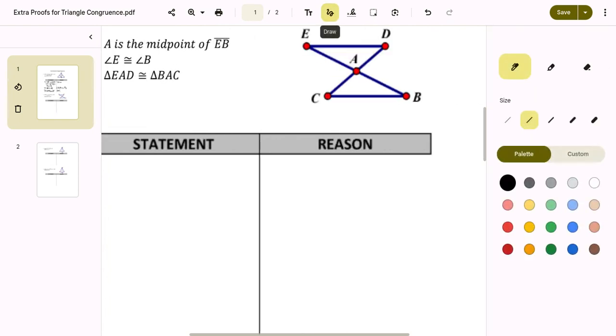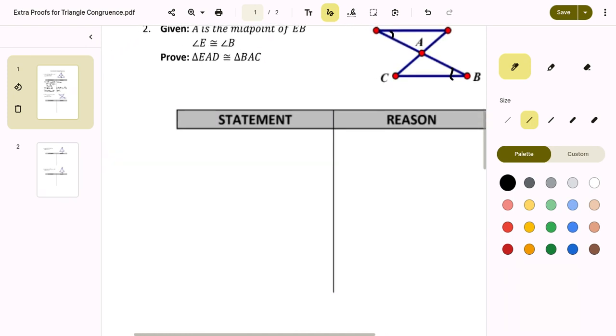So for the second one, a little bit of a different given here. We know that A is the midpoint of that segment from E to B, and we know that angle E is congruent to angle B. So it only tells us one congruent statement, but we're going to be able to get that other one from midpoint. So like the last time, we're going to start with our given. A is the midpoint of E to B, and angle E is congruent